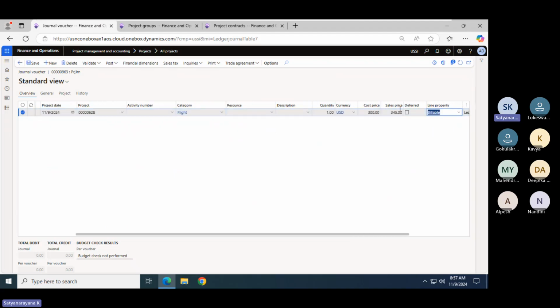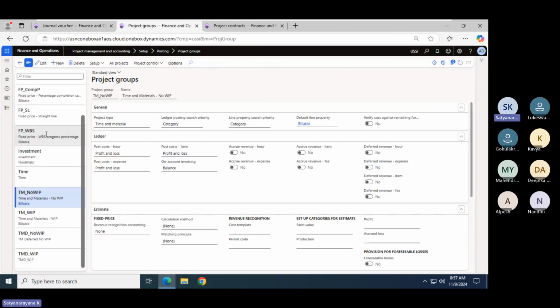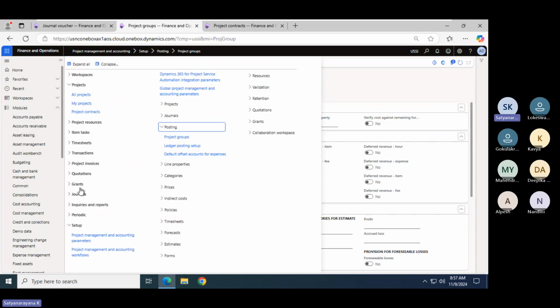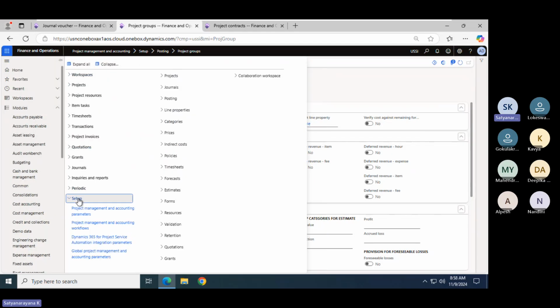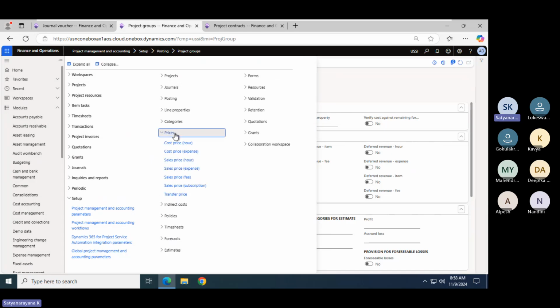Then automatically 345 is coming as a sales price. So how is it coming? From 300 it is updating to 345. From where is it coming? In the system we have project management and accounting setup, prices.